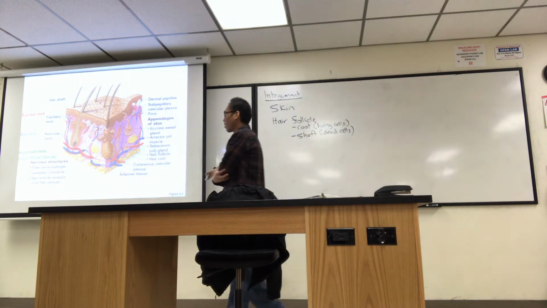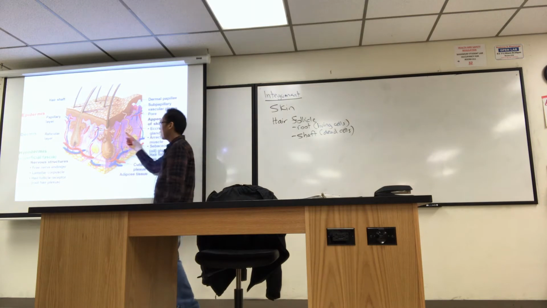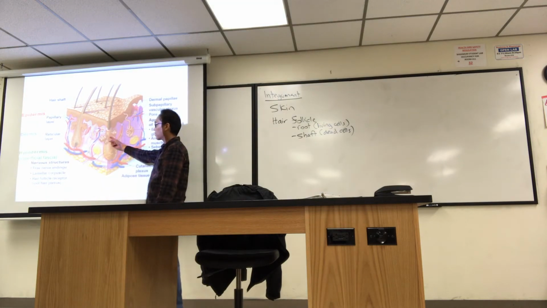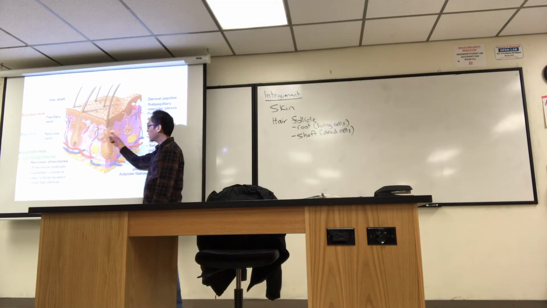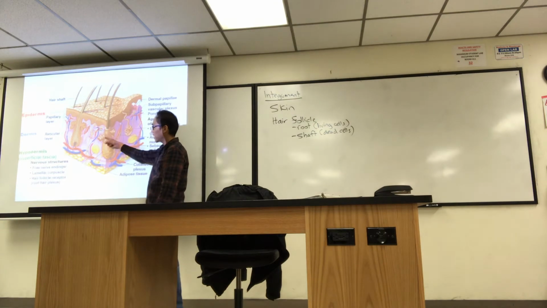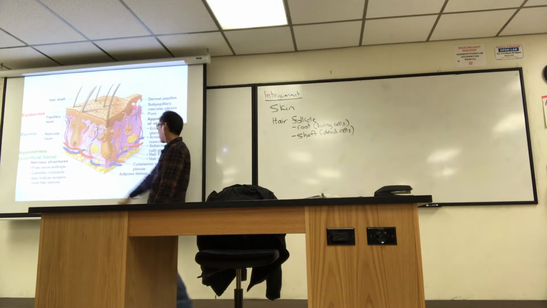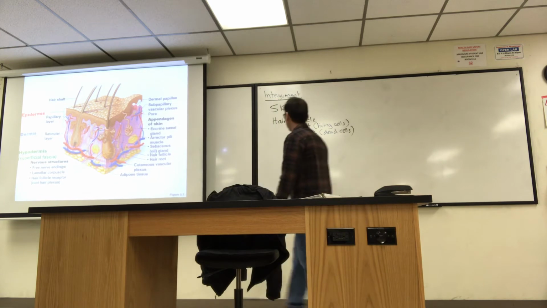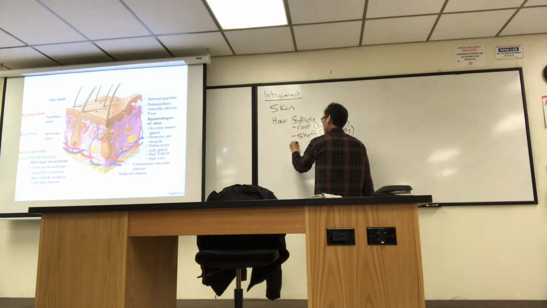In an ingrown hair, somehow this follicle gets clogged. There are a lot of other glands, for example, these sebaceous glands, which secrete an oily substance. So maybe that can clog it up and cause an ingrown hair. But we should know that also we see within the hair follicle